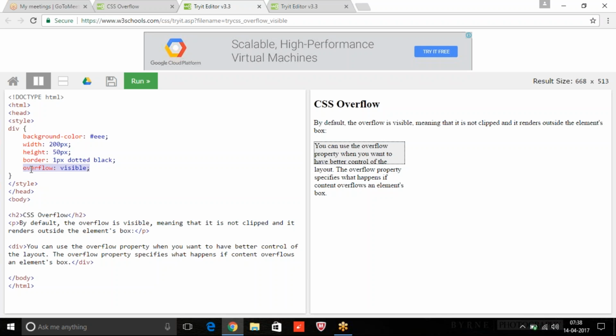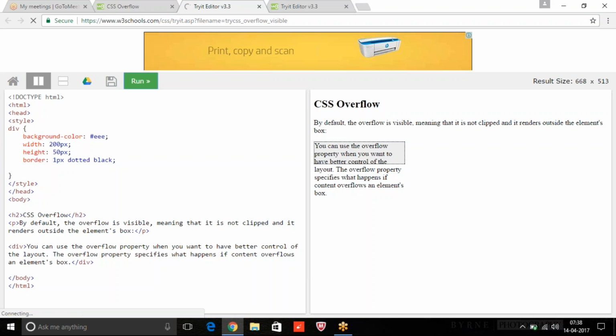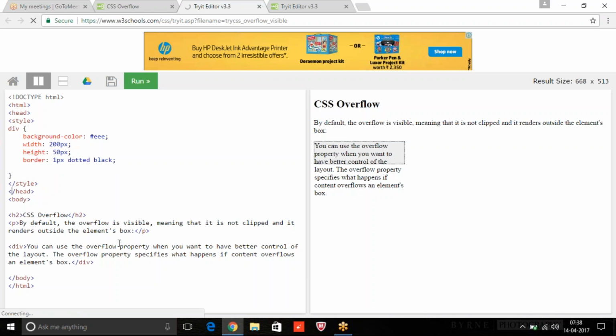Okay, let it be. By default that is visible. If it is visible, no need to specify that. Okay, so the overflow is visible, right? Cool. And what is the box name here? Div. Where is a div? Here. So this is our div,